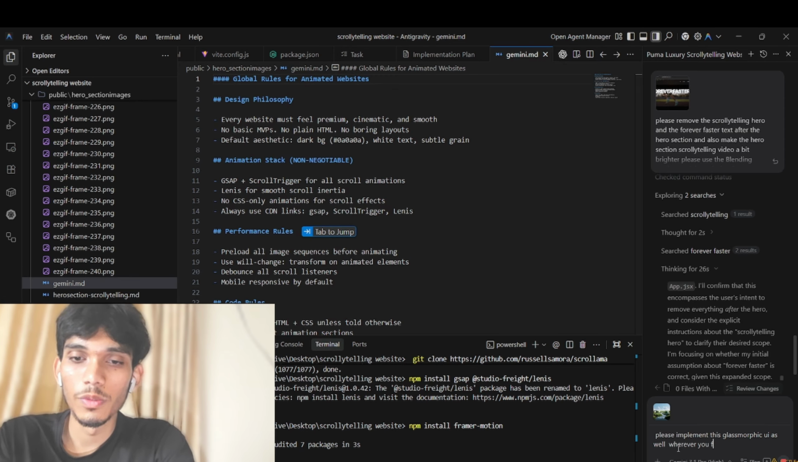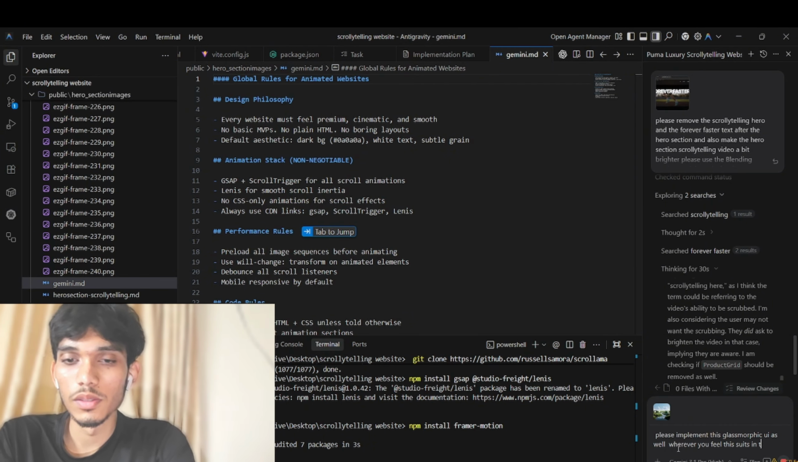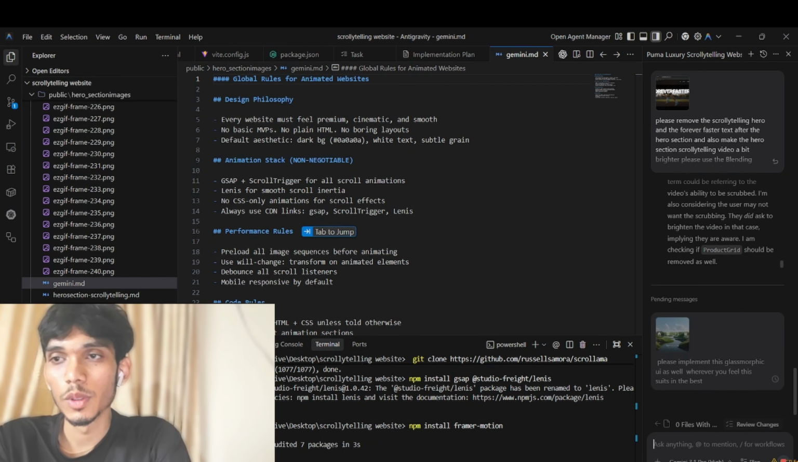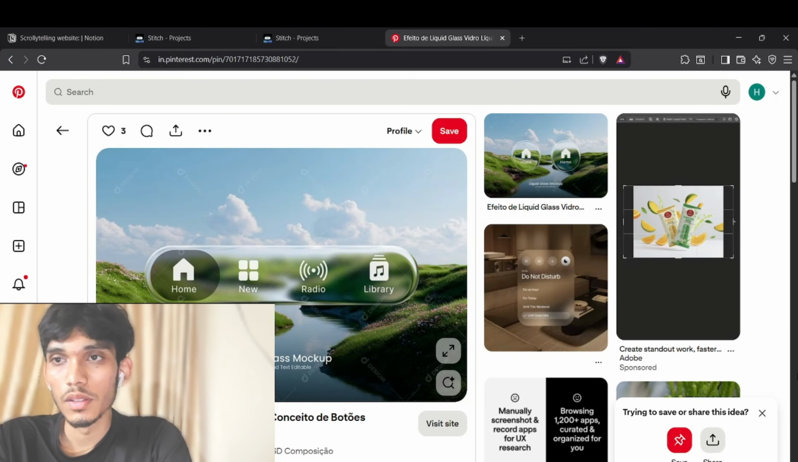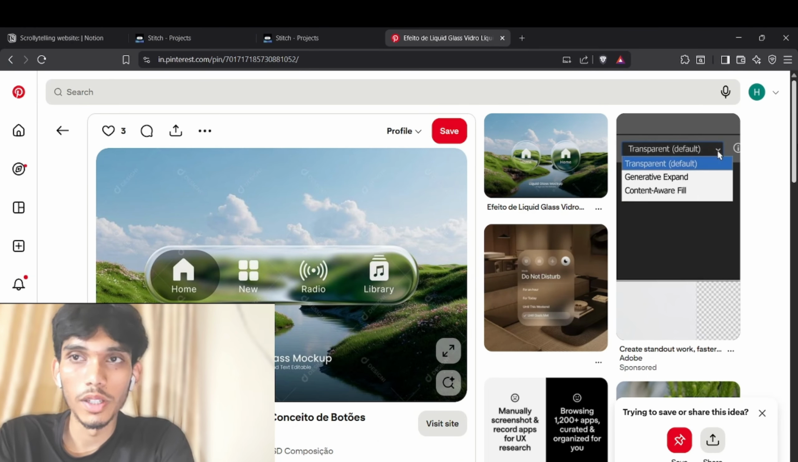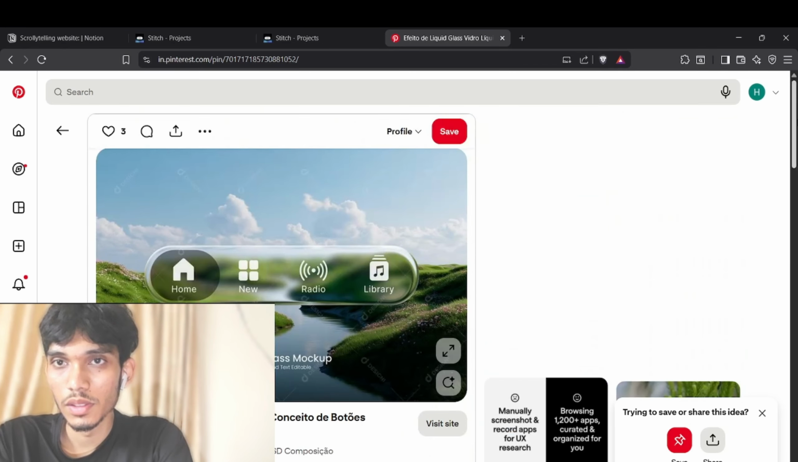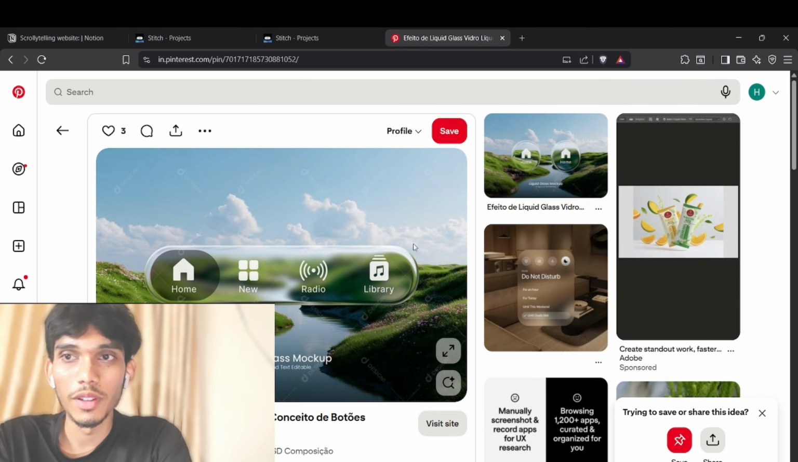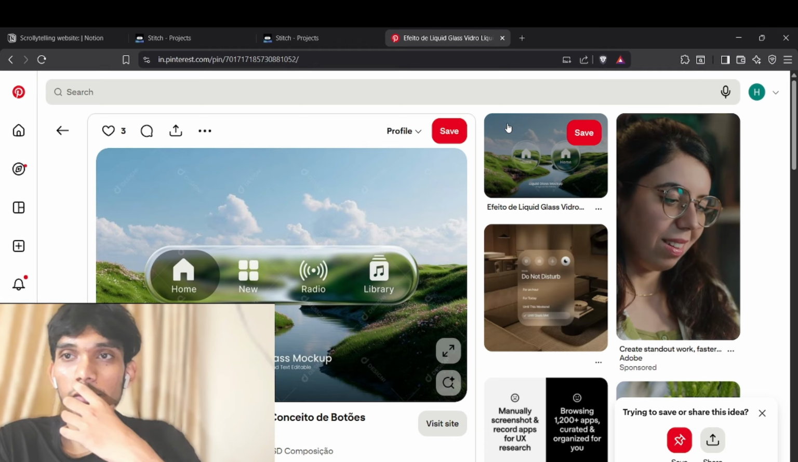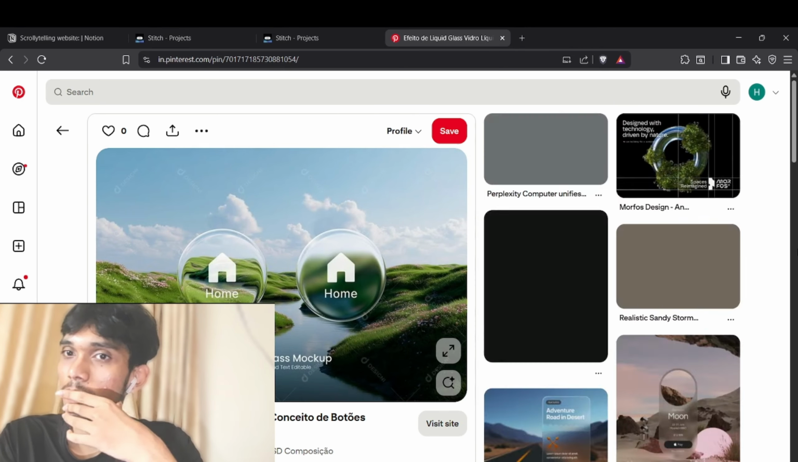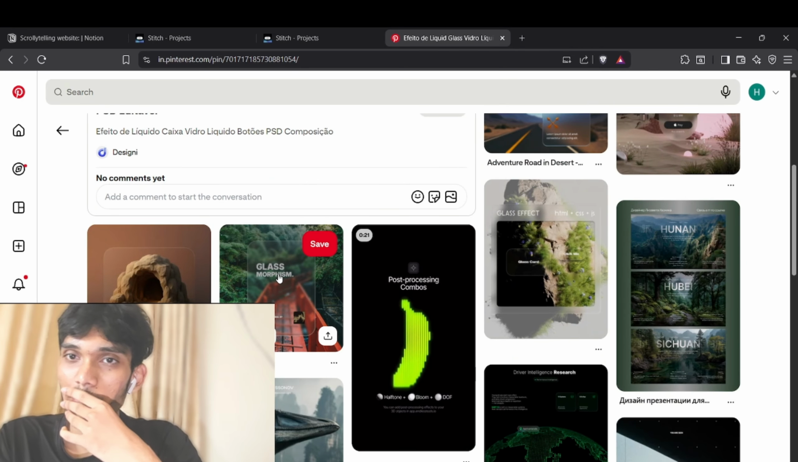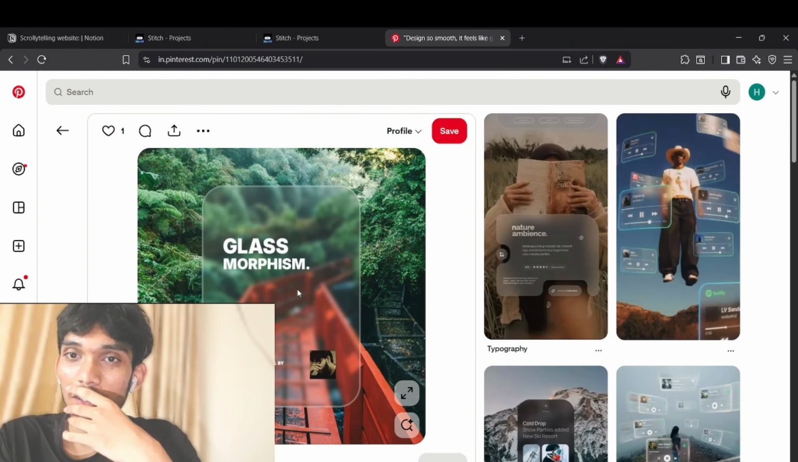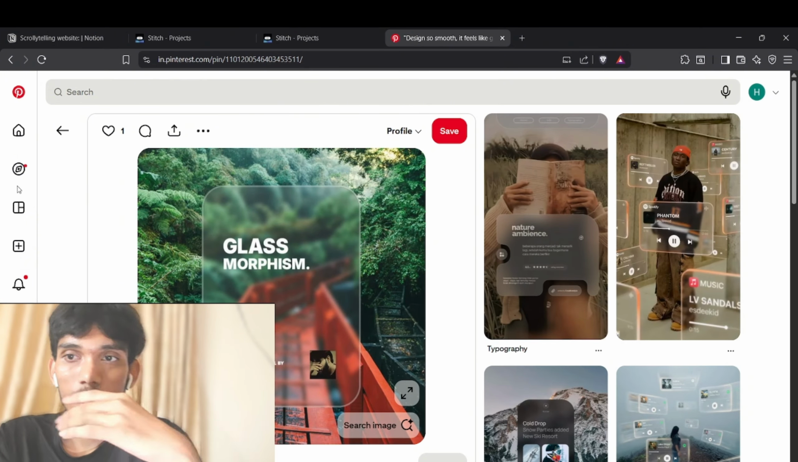wherever you feel this suits the best. Perfect. There are so many cool UIs, to be honest. This is a clear glassmorphic UI. It's available on iPhones and stuff. This is, what do you call it, blurry glass morphic UI, which is